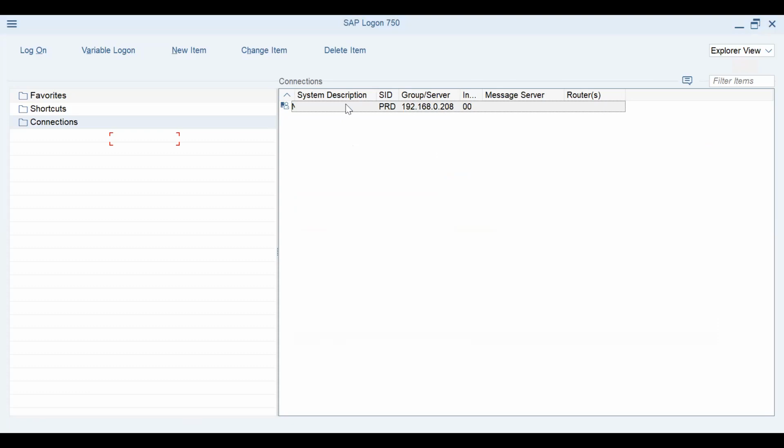This is the client on my production server. In this client, this is client 300 on my production server. You input the user ID and then the password. Once you do that, you click on enter. It will take you to the main screen.